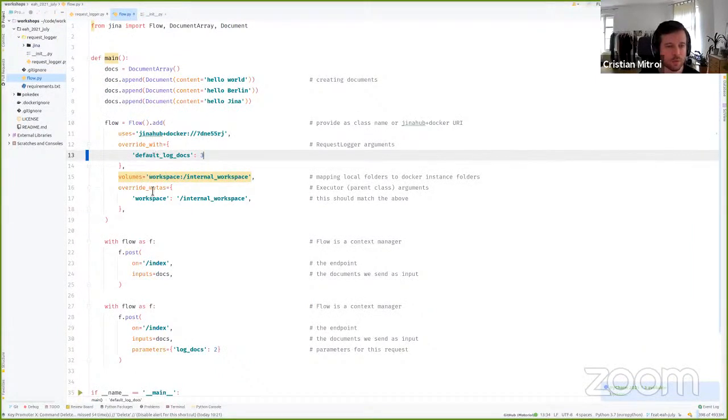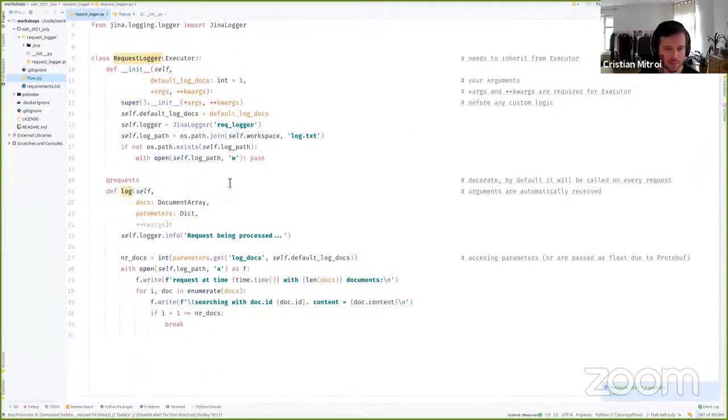Then, if we want to have the workspace be saved to our local disk instead of the Docker container, we need to specify a volume, like as you do in Docker. The workspace in my executor is used. If you look here, we open a file in our workspace called log, where we store the requests.